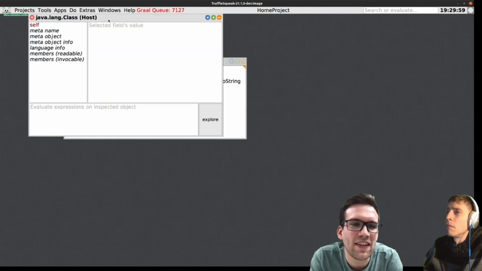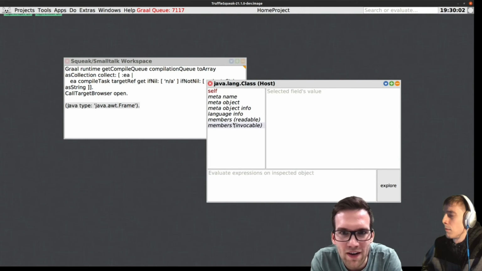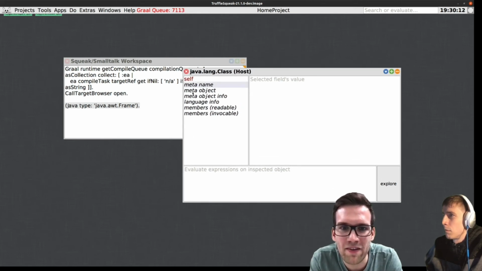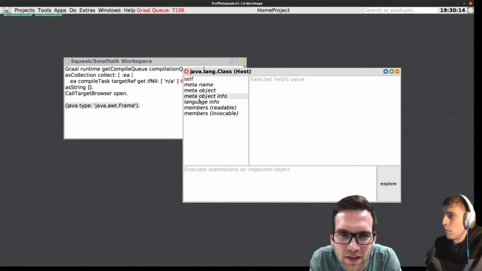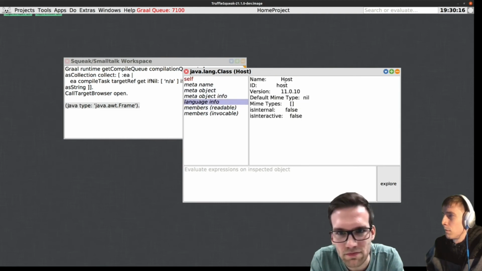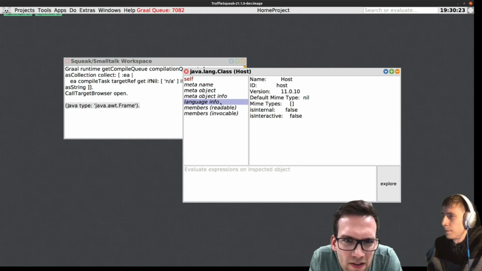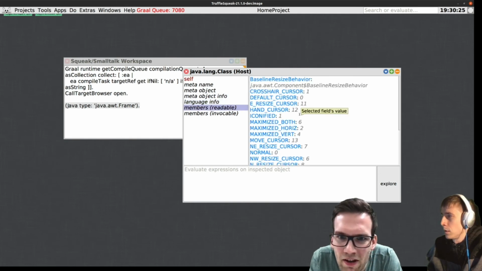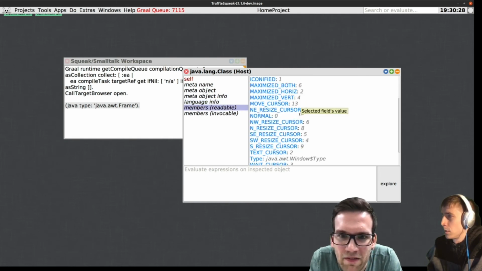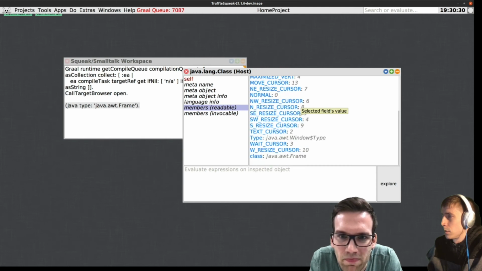So this does interop with the host Java. So this is not Espresso. This is the Java that powers all of this. And we can see this is still the same tool and it still behaves the same. If you click on language info, we should see this is Java host. This is the host language. Version is 11. If you click on readable members, we see fields and static fields and some constants. If you click on invocables,